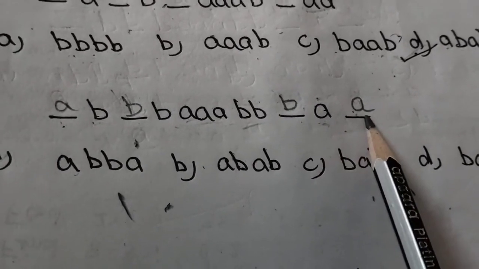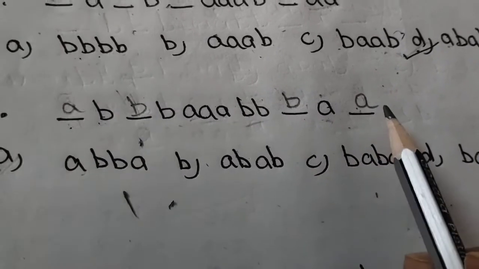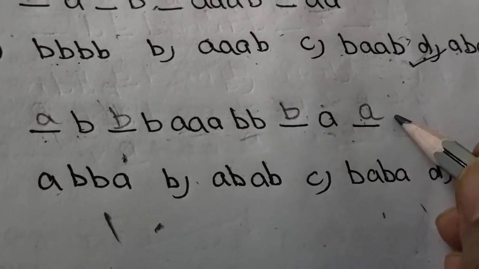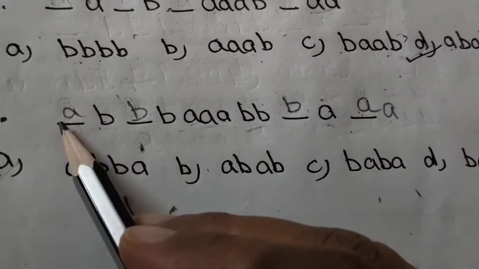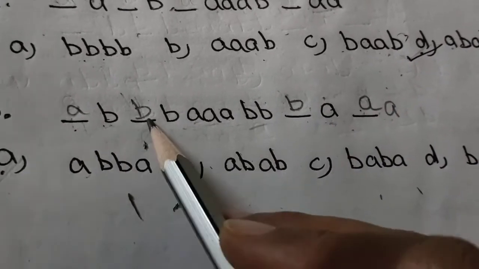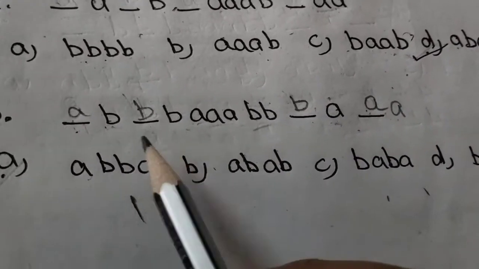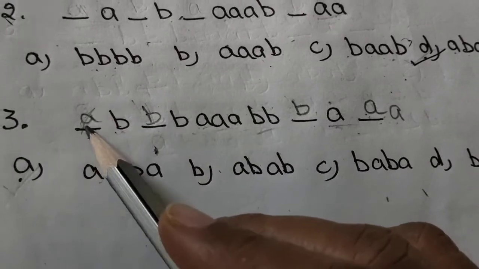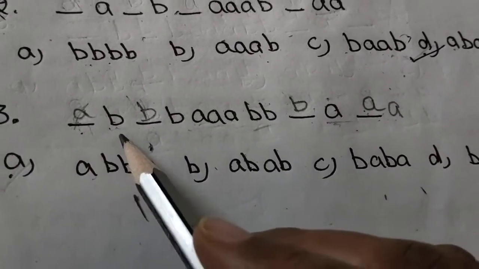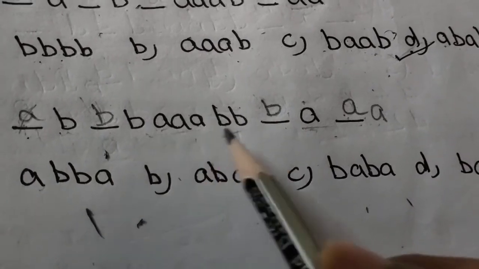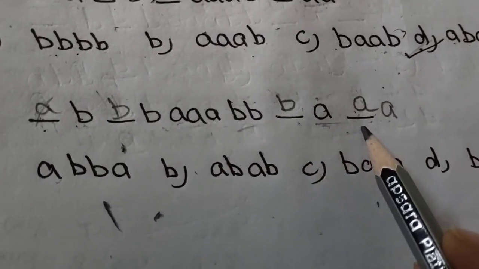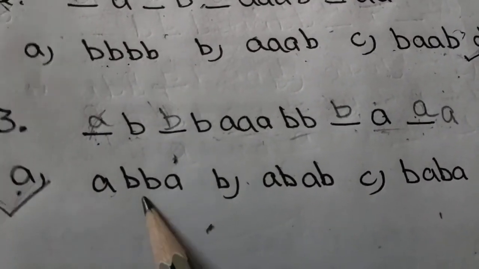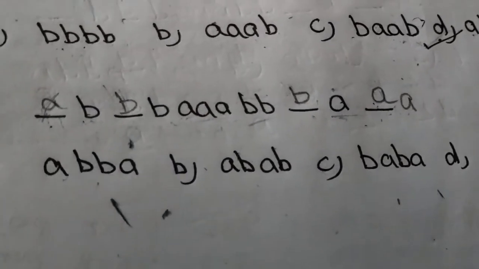But here is 2 times A. And when we repeat, when we join the starting point here, then again we need to write here A. This A will come here, then again 3 B, then 3 A. So now see, this is a sequence. 3 times A, this A I have taken here, 3 times A, then 3 times B, then 3 times A, then 3 times B, then 3 times A. Okay, so we got the answer A. So if you have got the answer the first time, then there is no need to solve the others.